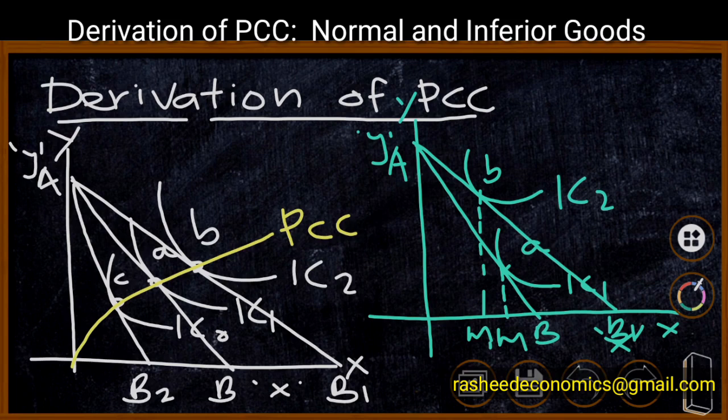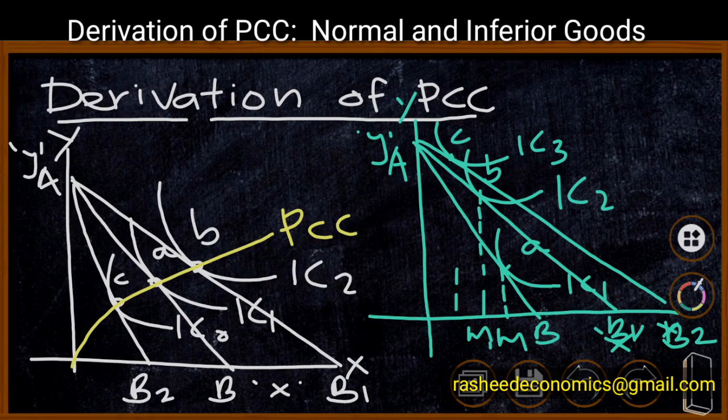Now suppose the price of the commodity decreases again, the new, final income price line will be AB2. In a similar manner, we can derive a new equilibrium point on IC3, that is point C, and consumption of the commodity decreases from OM to OM2, that is it decreases again. Therefore, when the price of a commodity decreases, the consumer will be purchasing a lesser and lesser amount of the commodity.